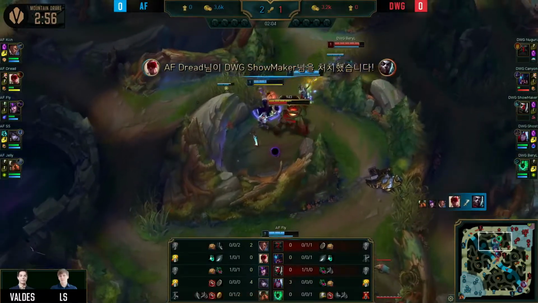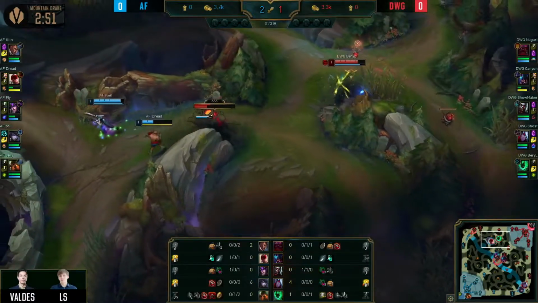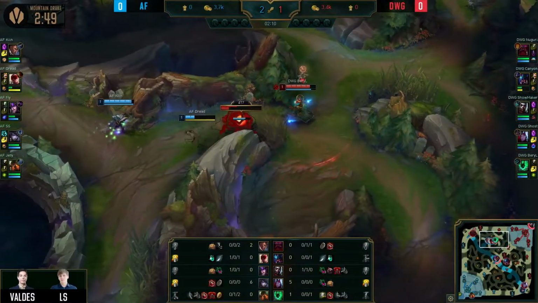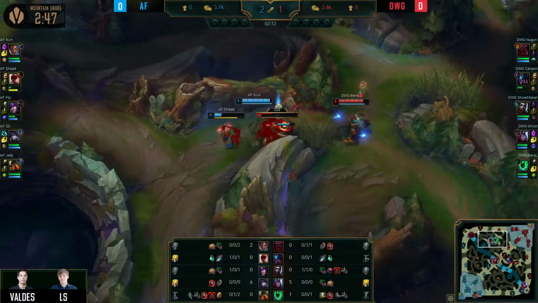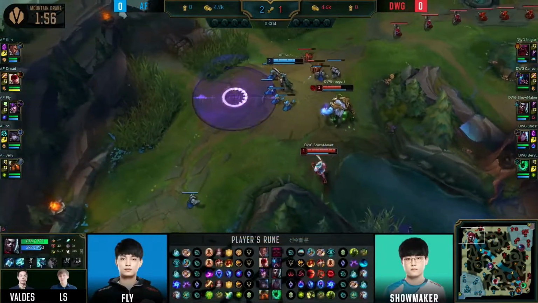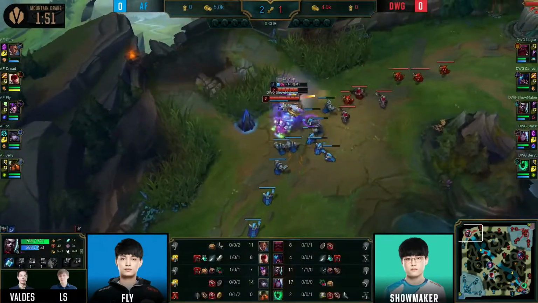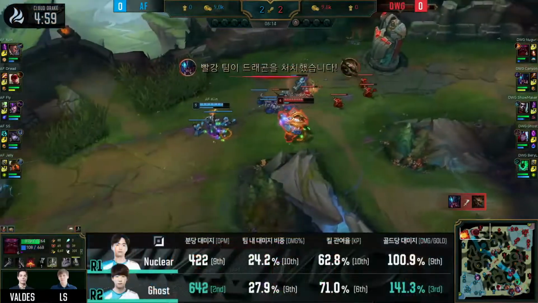That's 2 kills now for Afrika, as Beryl, pretty healthy here, is going to be able to scan out this ward, and actually the red buff took a lot of damage in the fight, so Dread trying to get on this. He doesn't have a... Just now getting back into mid lane. Showmaker, level 3 roam top. Oh, the stun right on the corner, and he had...